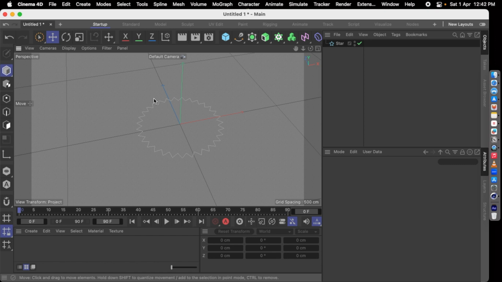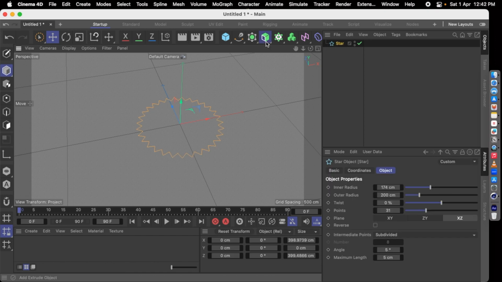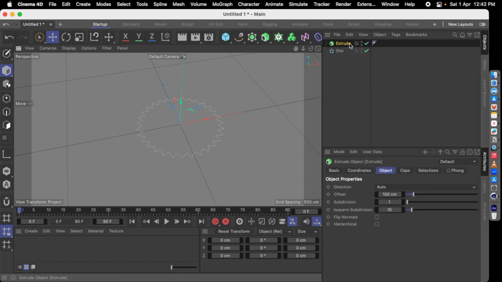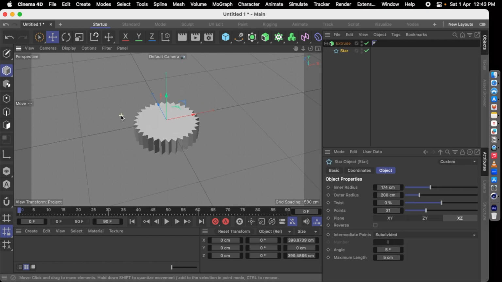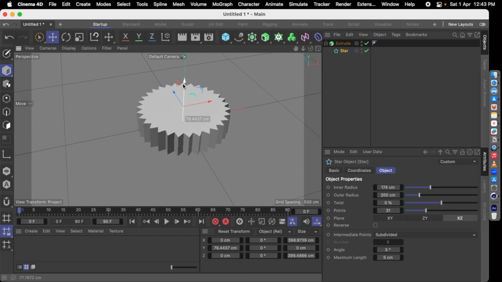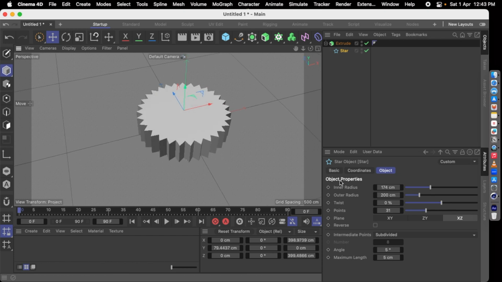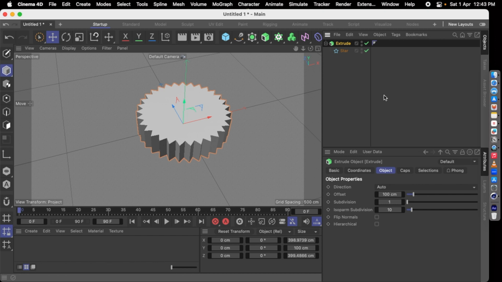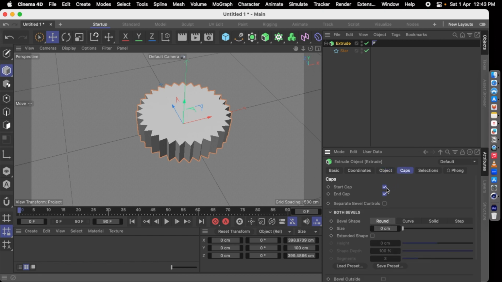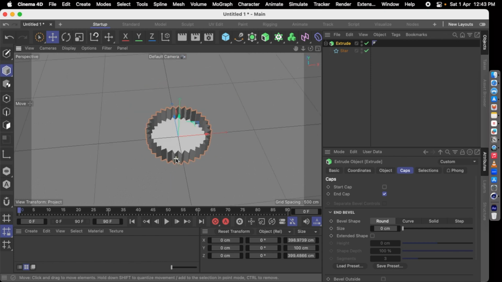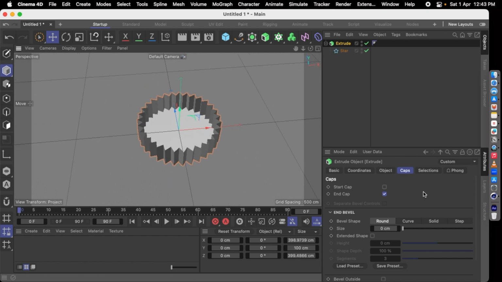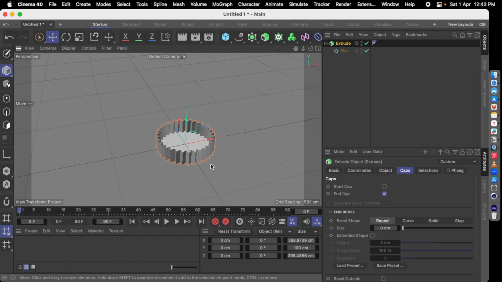What we're going to do is we are going to extrude this. So what we'll do is we'll select the extrude, take it to the star, and we have an extrusion. So we created a shape, a depth in here. What we'll do is we will go to the extrude options right here. We'll go to the caps and take off the start cap. So it will be like a plate sort of thing. Okay, so it has a bottom and it doesn't have any